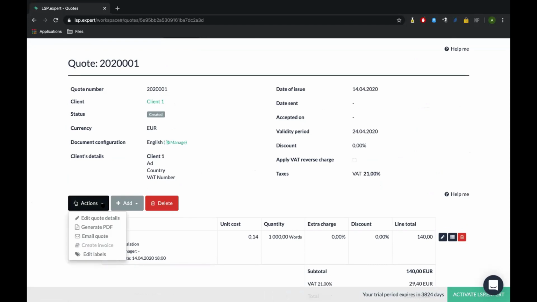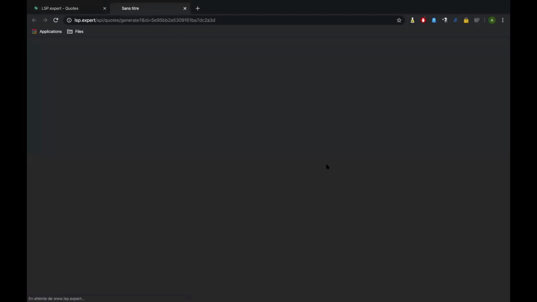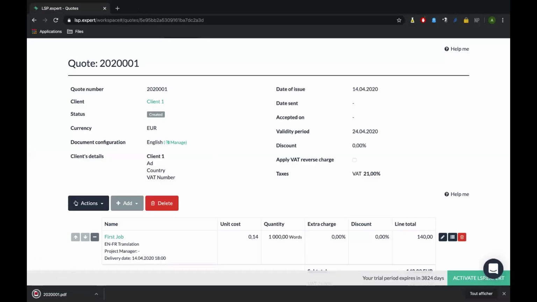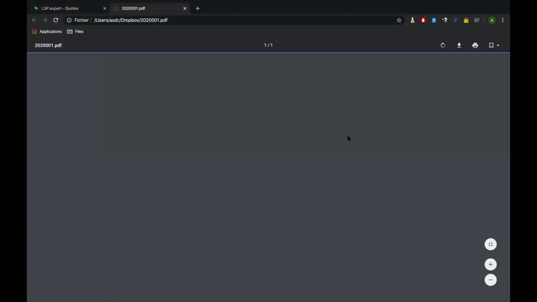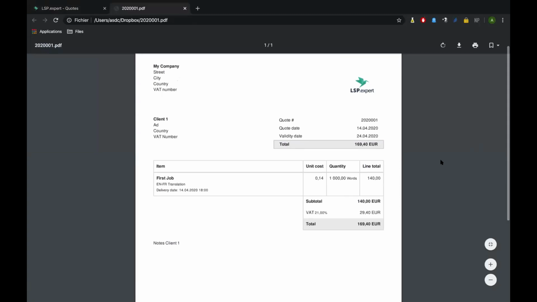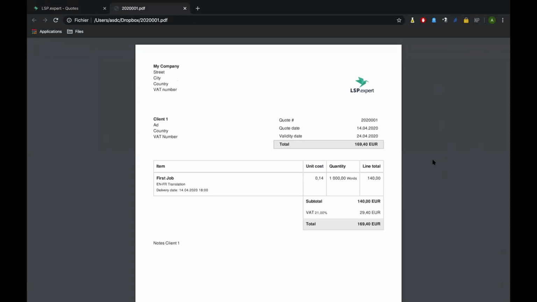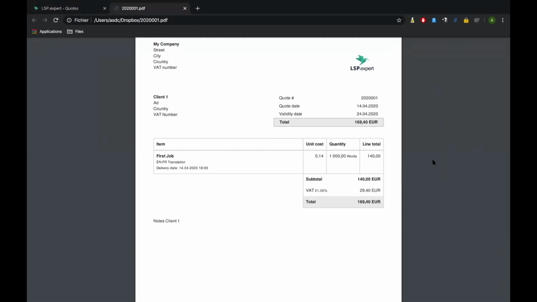So first of all, just to create the PDF, just click on Action, generate a PDF, and you can see that it's going to register within your files, and then you can open it, and it looks like that. We have different kinds of layouts that you can choose from your settings. That's the basic one that's automatically offered.